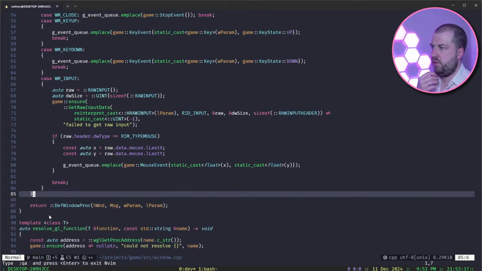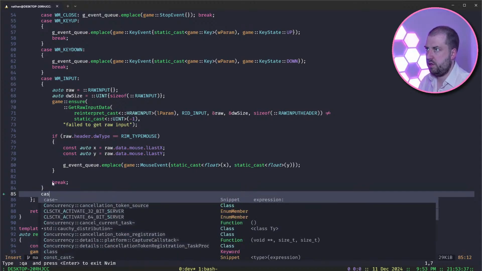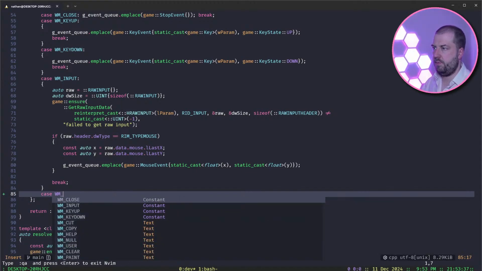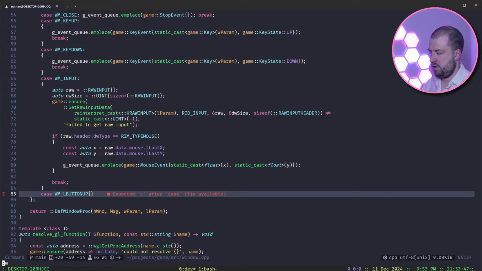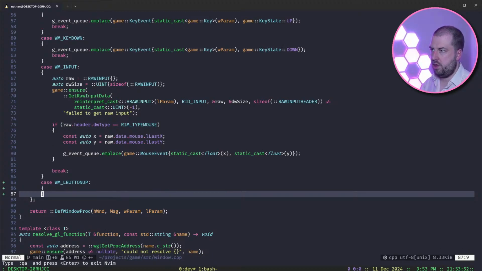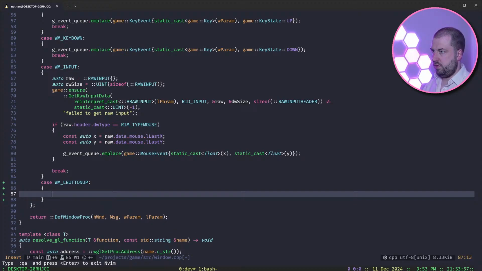So do I want, okay, right, let's case WM LB button up. And then let's do